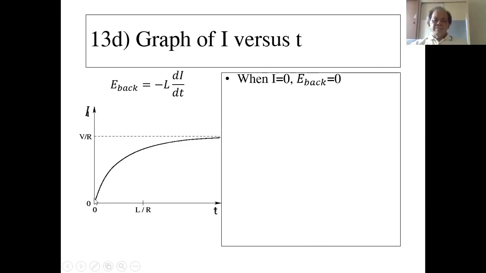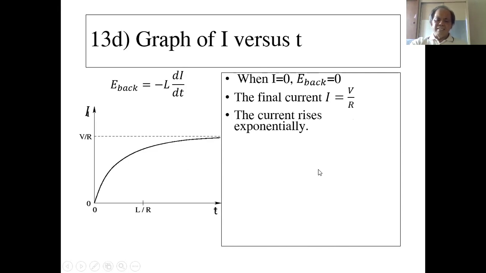At that point, di/dt equals 0. No back EMF, no induced current. This one is 0, it doesn't change, so no back EMF. The final current, know how to derive, is V over R. Current rises exponentially